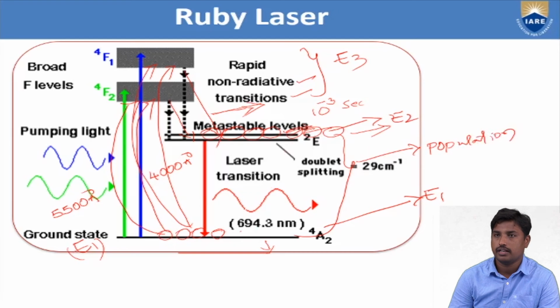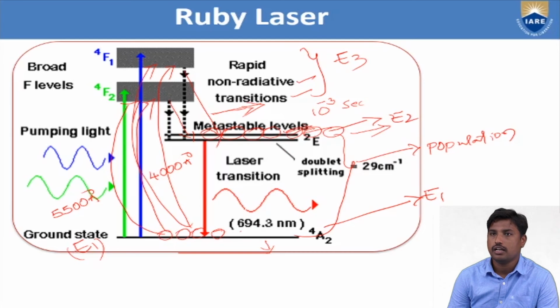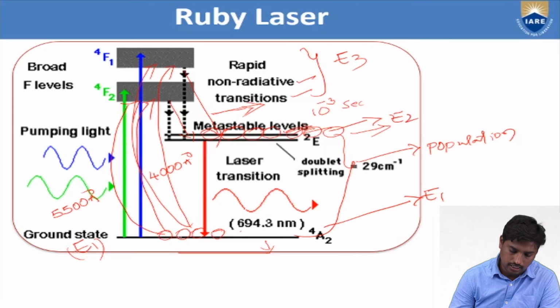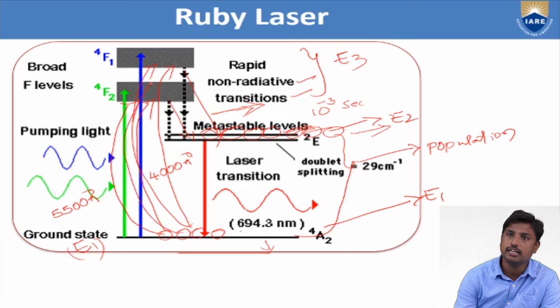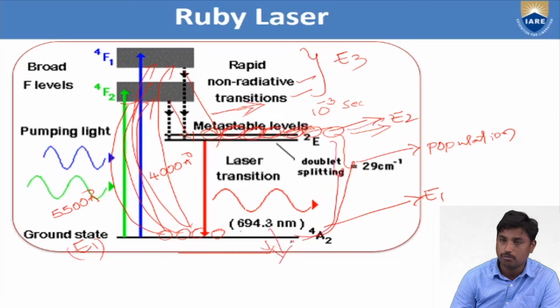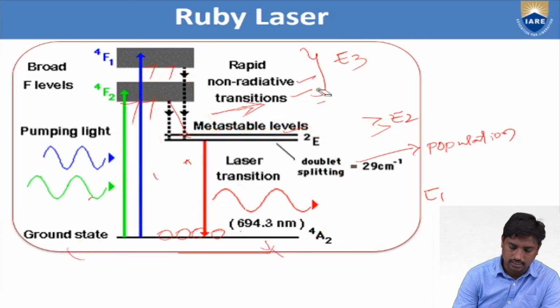That's why, in the pumping mechanism and metastable state discussion, we clearly explained that to achieve population inversion, a metastable state and pumping mechanisms are compulsory. Using the pumping mechanism, we send particles from the ground state to the excited state. Due to the metastable state, particles spend maximum time there. So here it continuously goes on increasing, and here it continuously goes on decreasing. Due to that, we achieved population inversion between these two. After achieving population inversion, the final thing is getting the laser.